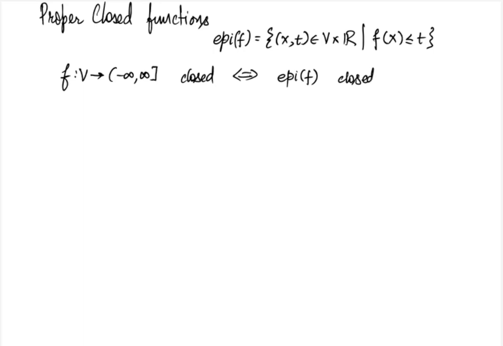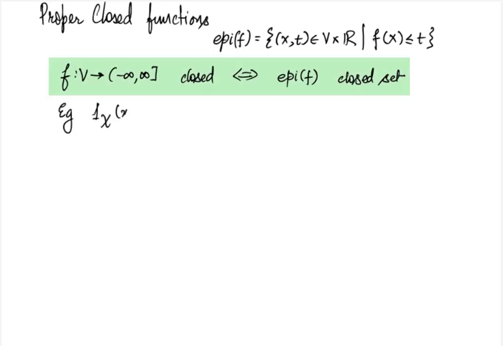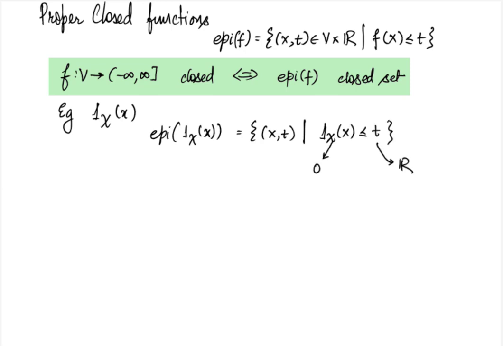Let us take a simple example of the indicator function that we saw earlier. Recall that the indicator function takes value 0 when x is in calligraphic X and infinity otherwise. Therefore, the indicator function is extended real valued. The epigraph of the indicator function is the set of all x and t such that the indicator function value is less than or equal to t. Now remember that t is a real number, so it can never be infinity. So let's first consider x that are outside of calligraphic X. For such x, the indicator function is infinity, which can never be less than or equal to any real t. Therefore, such values of x cannot be inside the epigraph.